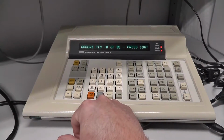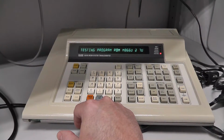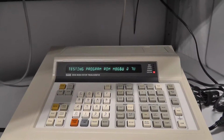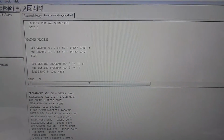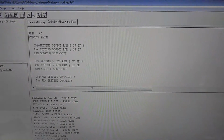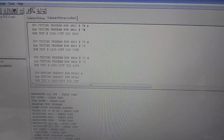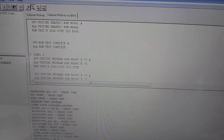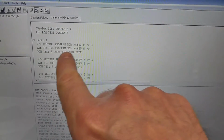Let's test ROMs. It says ground the watchdog. We're going to test version 2. And now it's saying it's testing 7U, which is right here. M866U at 7U. And obviously it's passing. And if you look at the code, I'll just scroll down here as it's executing, if I can find it fast enough. It's testing these ROMs pretty fast. But yeah, it's basically saying ROM test, gives you the memory address space, the signature